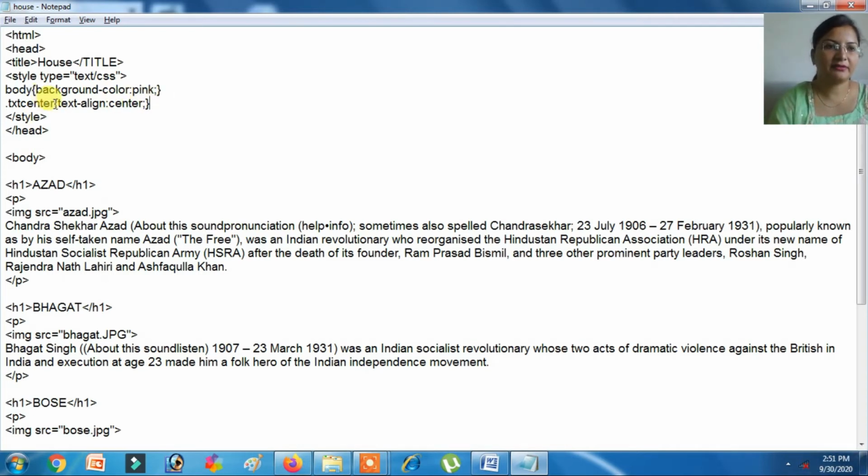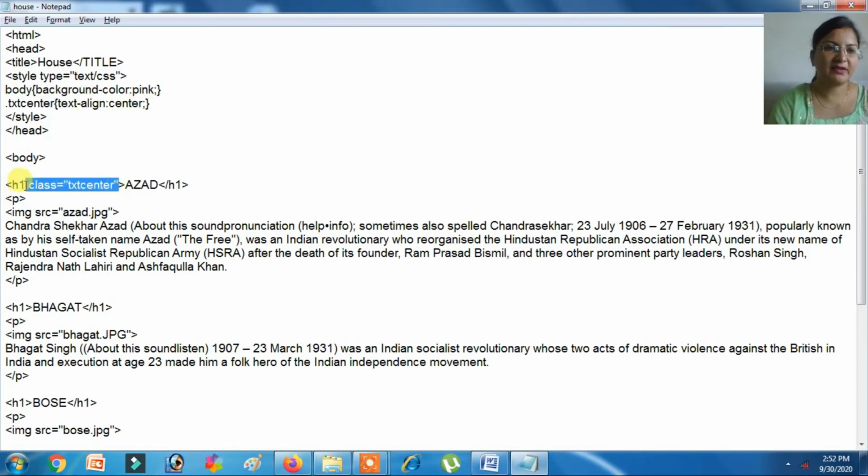Okay, now you apply the CSS, this txt center. I have written dot. Dot is actually symbol of class, that this is actually a CSS of class, and class we will apply wherever we want. Like in this heading I will apply, for that we will use class attribute CLASS in double quotes. We will write like this. Okay, class text center. Now wherever we will apply this text center class, the content will be in the center. If we are applying it into the paragraph or applying it into the heading, always the text will be center.